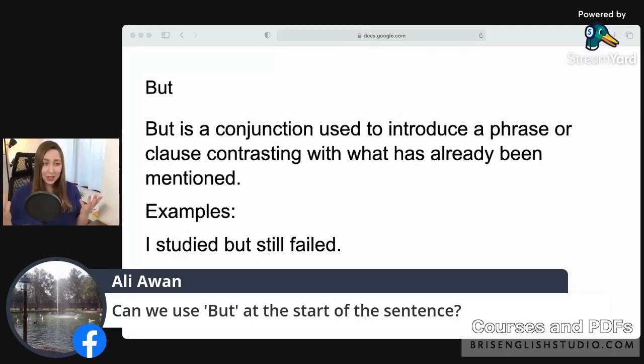actually, when we talk, we often start sentences with but. So if you're speaking, don't worry if you start a sentence with but. However, on the other hand, if you are writing a paper and your teacher will be grading the paper, or a professor, or maybe you're taking an English exam and you have to write an essay. To be on the safe side, I would recommend not starting a sentence with but, okay?